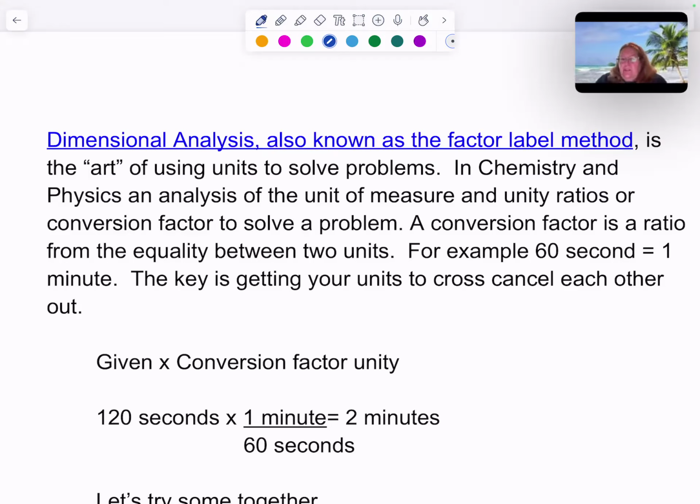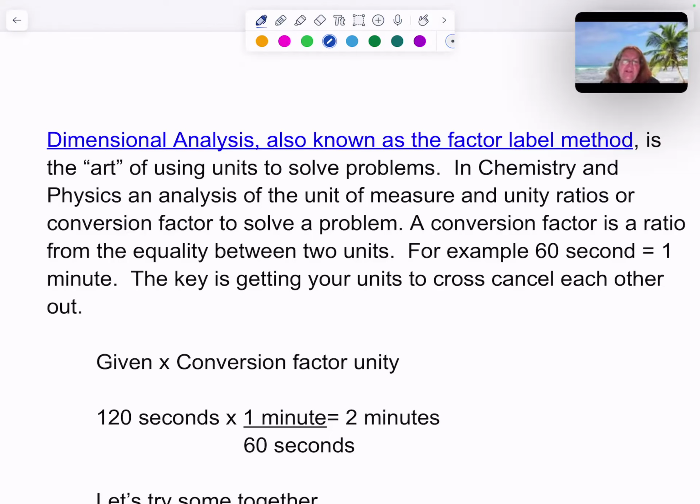16 ounces equals 1 pound. 1,000 millimeters equals 1 meter. The key to getting your units is to cross cancel each other out. So you always start by taking your given and multiplying it by some conversion factor or unity factor. And you work in ratios. So in this example, we picked a real simple one to start with. We have 120 seconds. That equals